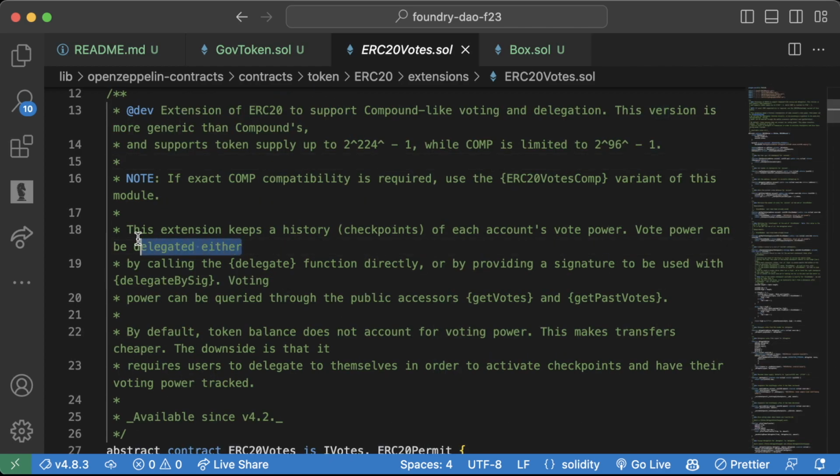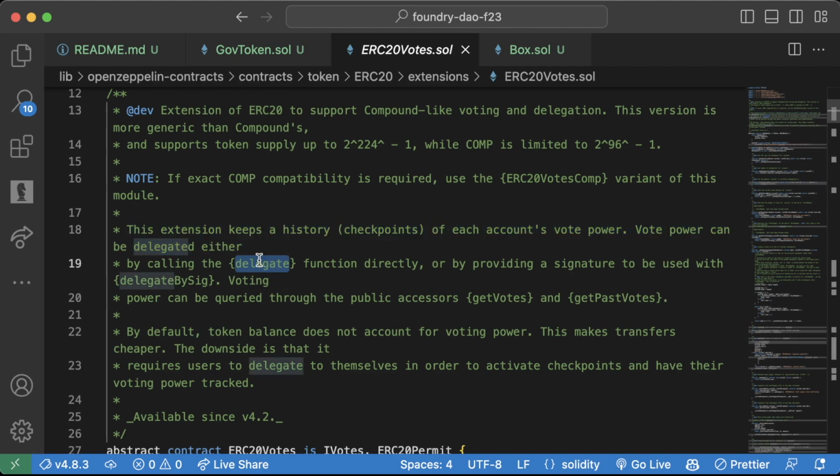Number one, it keeps a history of each account's voting power. It keeps snapshots of them. Now, this is important because when you start a vote, you want to use a historical snapshot. You don't want to use the current balance of everyone's tokens at the moment. Somebody could do something called a flash loan, which is something we didn't talk about, but they basically can use this DeFi thing to get a ton of tokens for a very, very short period of time and crash the vote. So we use a historical value, and the way to get that historical value is to keep checkpoints of